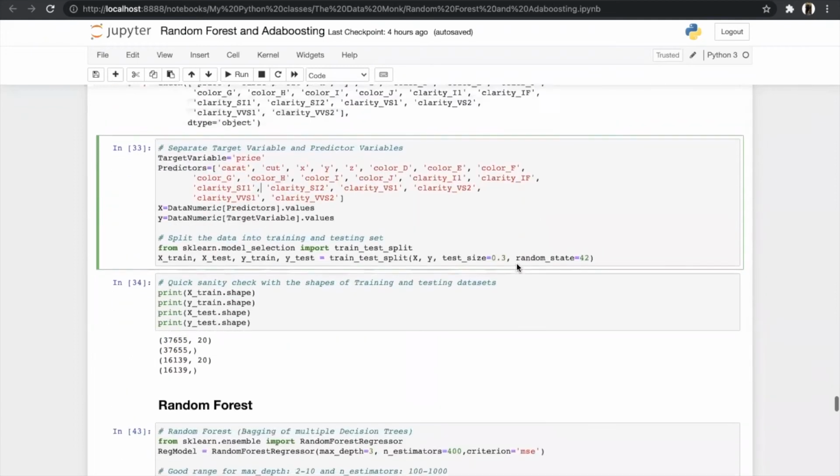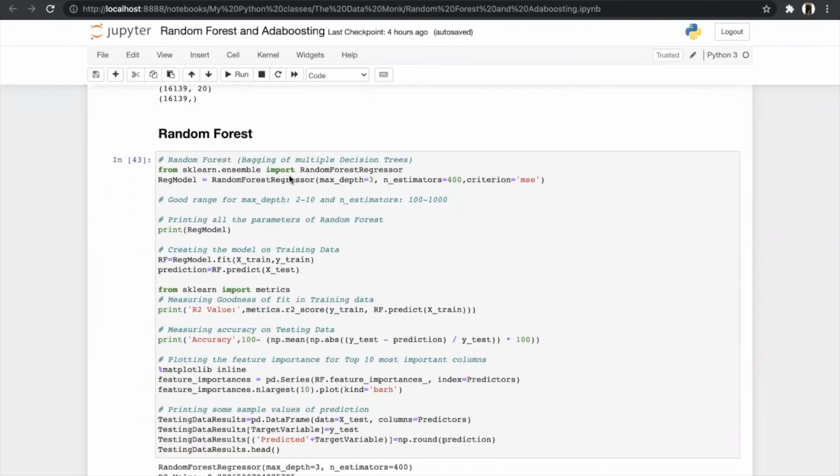So our first model will be random forest. To build the random forest model, first we have imported the RandomForestRegressor library. Focus on regressor, as we are doing regression models. In RandomForestRegressor, there are three hyperparameters to focus on. In a decision tree, there were max depth and criterion, but in random forest there is one more hyperparameter, which is n_estimators. Let's see max depth. Max depth is just the height of the tree. So we have assigned the height of the tree as 3, and the criterion is always MSE for the regression model.